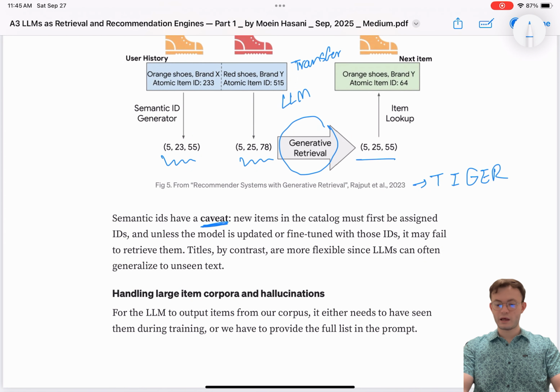But the advantage is that you save on tokens, you don't have to give long descriptions to the LLM, and when you learn the semantic IDs, the model is learning a hierarchical structure, which is more meaningful than just titles. Like understanding 525 always means a shoe of a certain brand. It can be super helpful to the model to learn that in a hierarchy rather than just learning the titles.